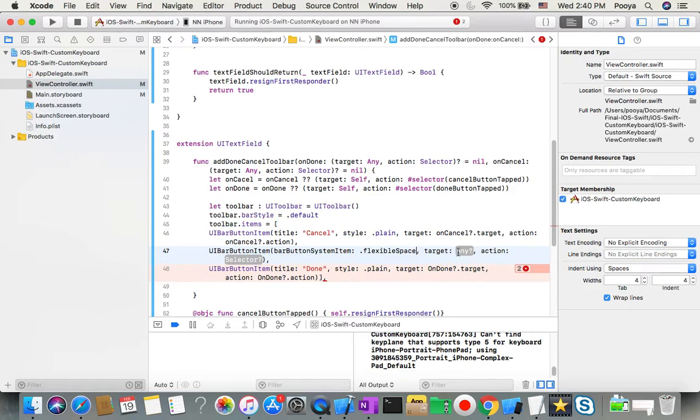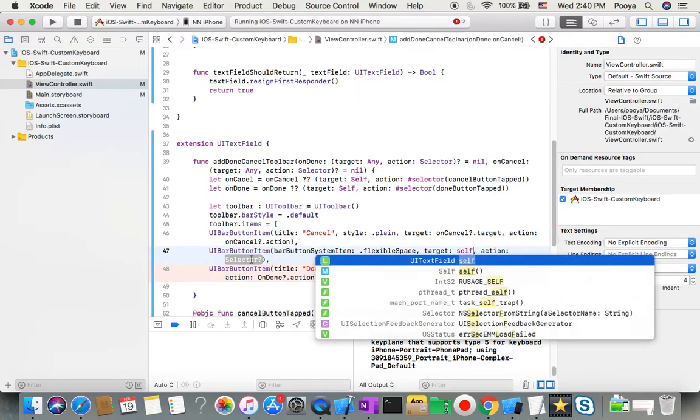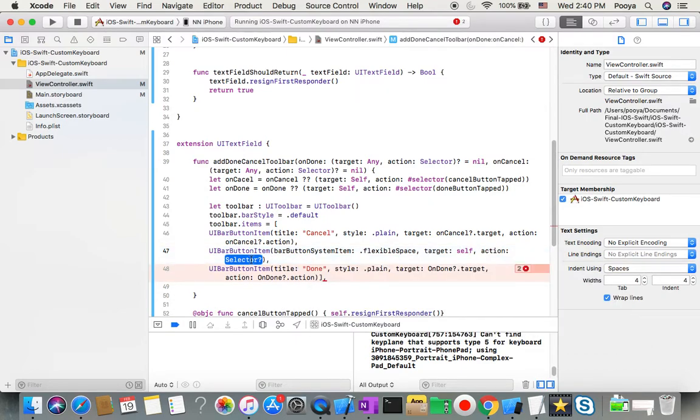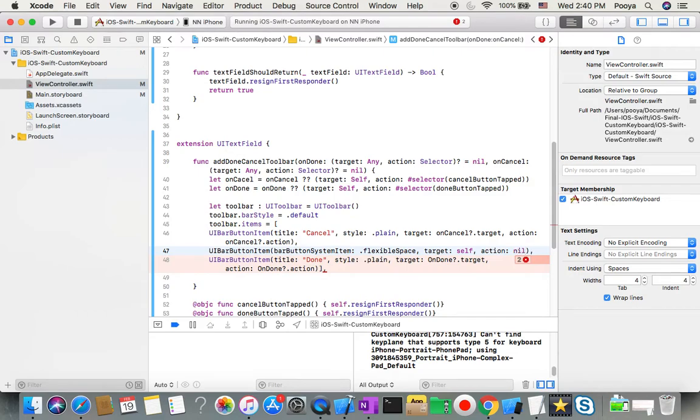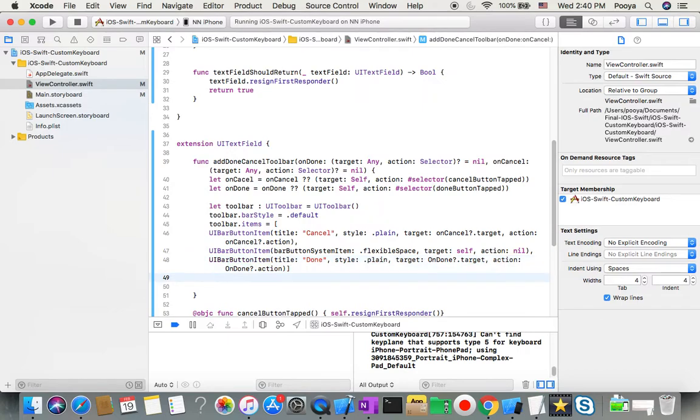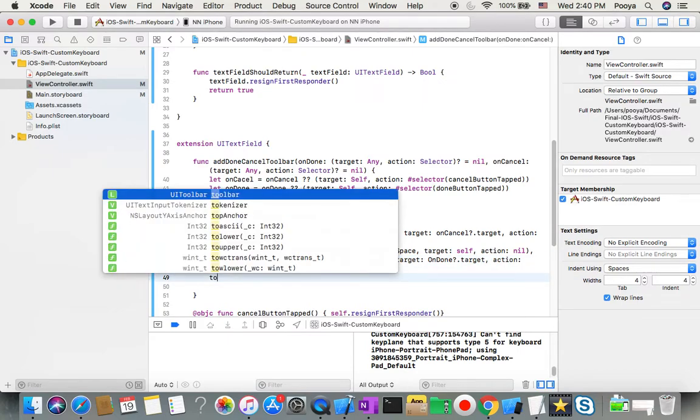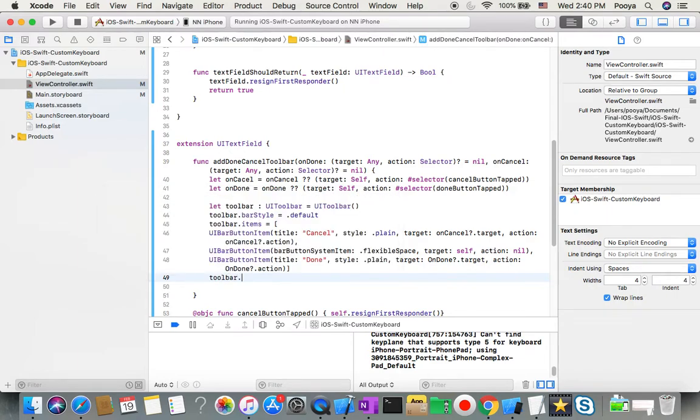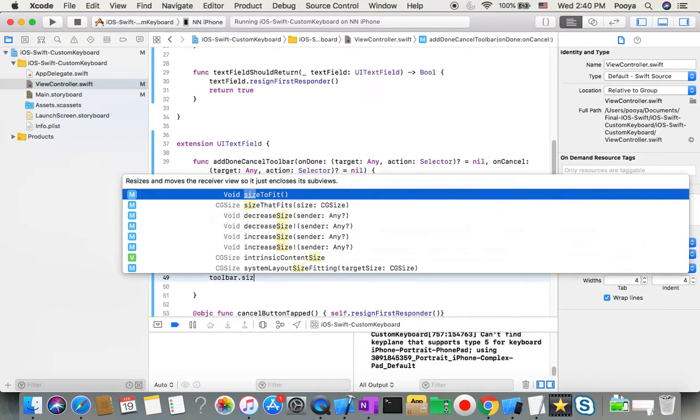And target self and action nil, no action. Okay, so for the last one I don't need this. Yeah, so I made my toolbar, and also because it could run in different devices with different sizes, so I just say toolbar dot size to fit,